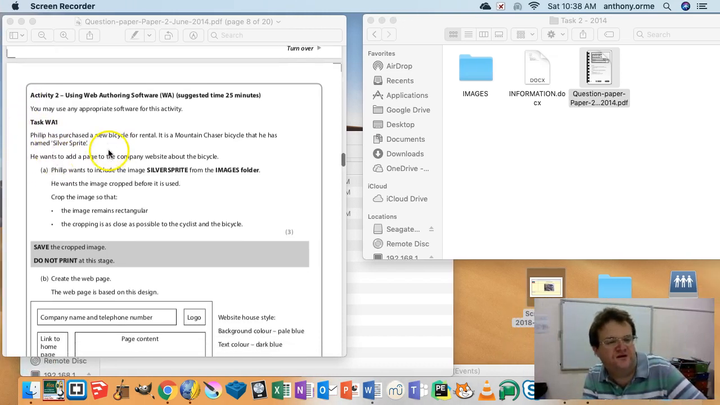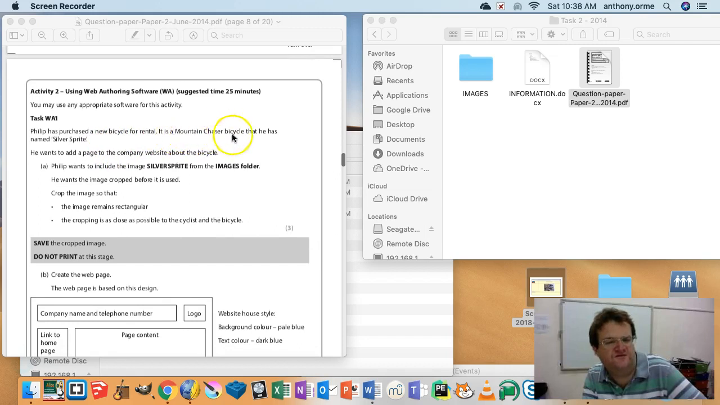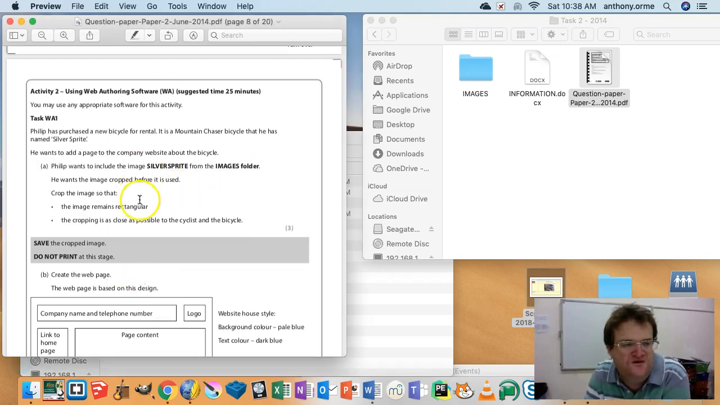Philip has purchased a new bicycle for rent. It's a mountain chaser bike, but it's named Silver Sprite. He wants to add a page to the company website about the bicycle. Philip wants to include the image Silver Sprite from the images folder. He wants the image cropped before it's used. Crop the image so that the image remains rectangular and the cropping is as close as possible to the cyclist